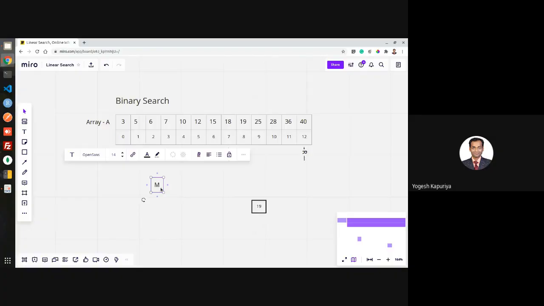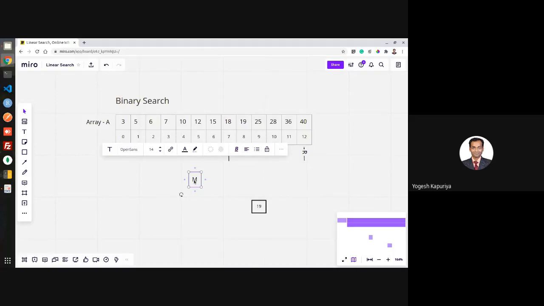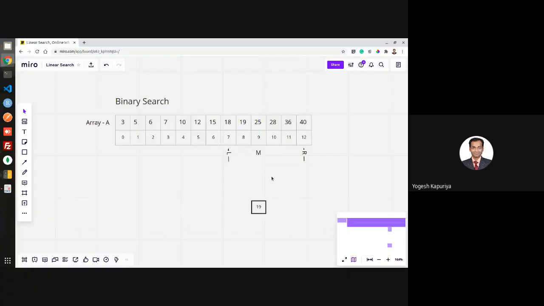It's 9.5. So when it is 9.5, you can use either a ceiling function or a floor function. So 9.5 is converted to 9. We are using the floor function. Floor function means 9.5 will be converted to 9.